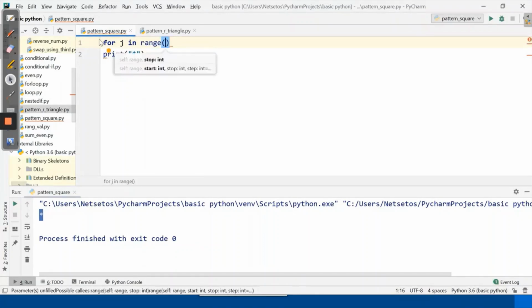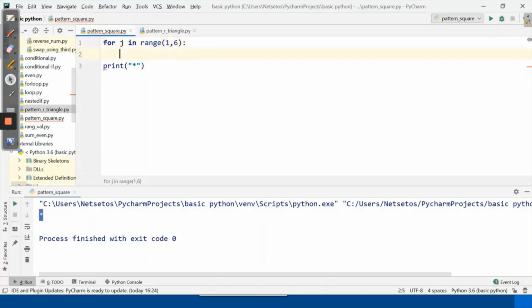Range function, as I have discussed earlier, here first we need to give start value. Start value I want to give 1. The last value I need to print for 5 times. So I'll give here 6, as 6 will be excluded. And here the step size will be 1. So automatically, obviously it takes 1, so I need not mention this. And then I'll give colon.